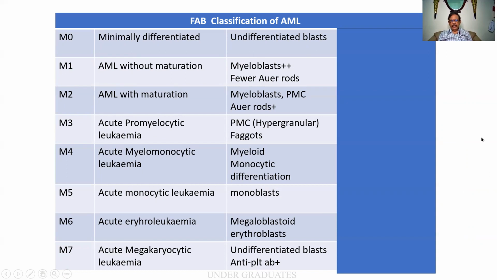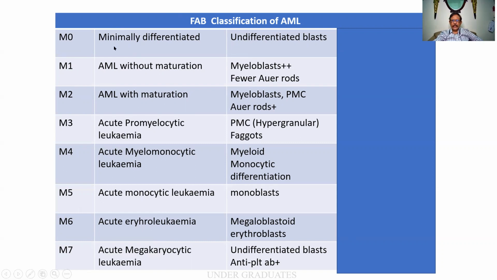Classification of leukemias I had given to you people in the first class itself. There is one classification called the FAB classification. French, American and British. These people joined together and designed a classification. Accordingly, you have got M0 to M7. So this particular column on the second row, you people will have to memorize.